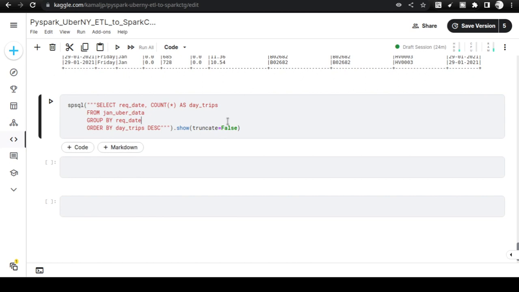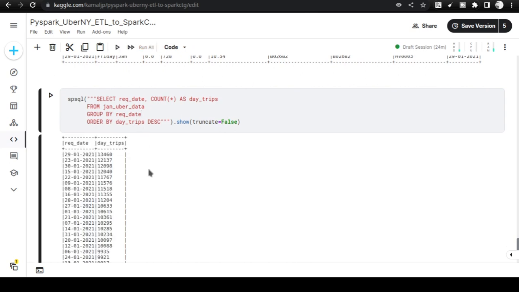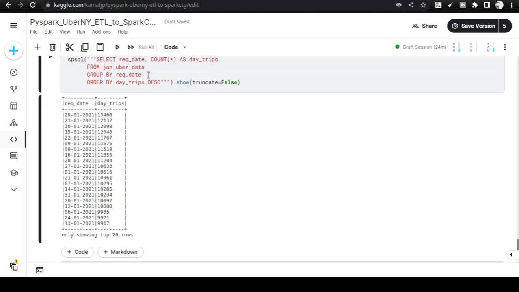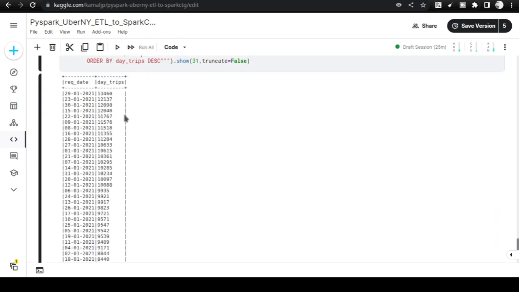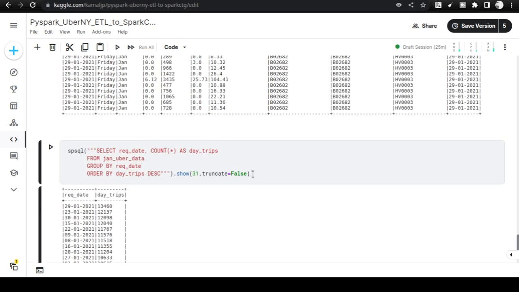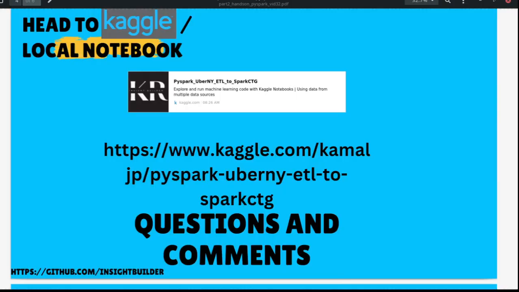And if you want, you can actually count it and check how many rows of data there are, based on the one I grouped on request date. So it will give you all the data. It is showing the top 20 rows. If you want to see the top 31 rows, let me execute it again. So you will see all the 31 days. So that is how it works. Let us go back to